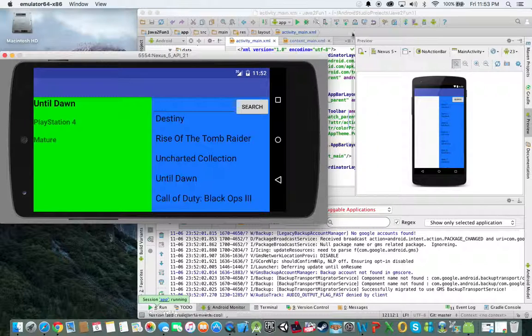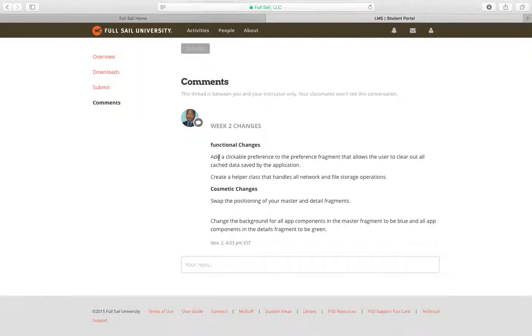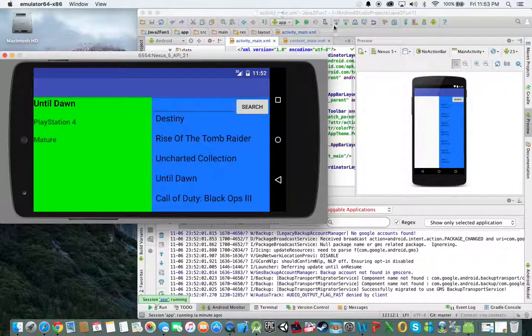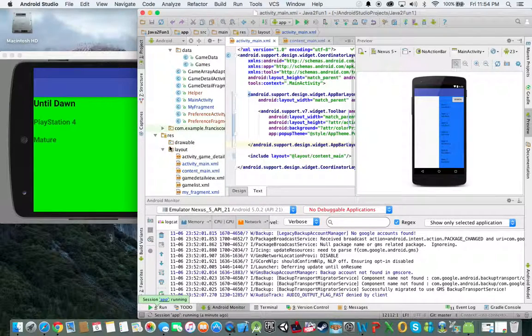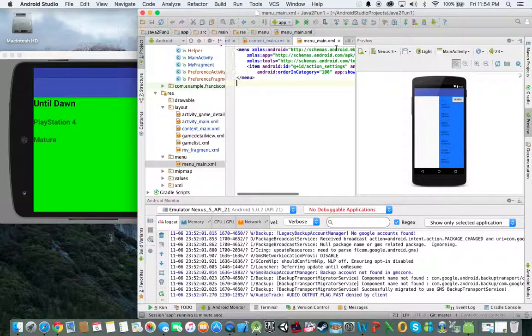As far as the functional part, which was to add a clickable preference on the fragment so that we could clear the cache, as well as add a helper class, that was kind of the most difficult part. I don't know what it is about Android Studio and adding the menu bar, which is supposed to be up here, and the fact that there is a file here that says menu. For some reason,